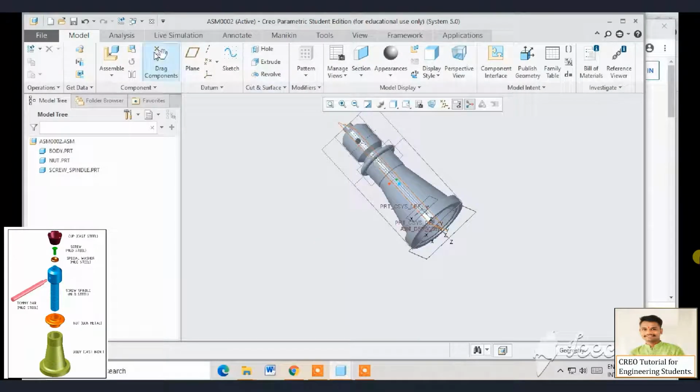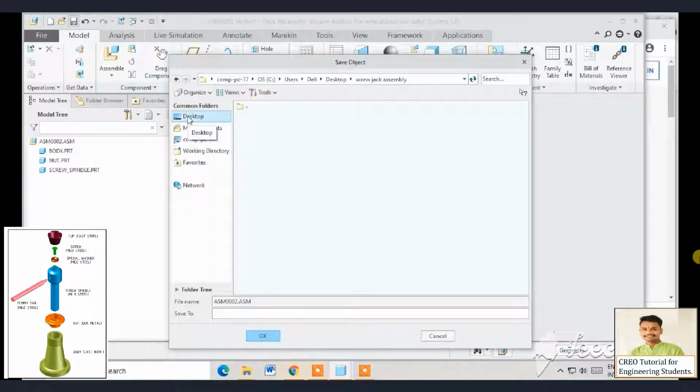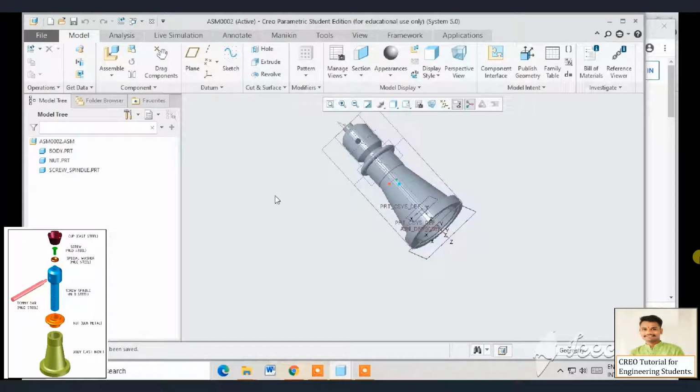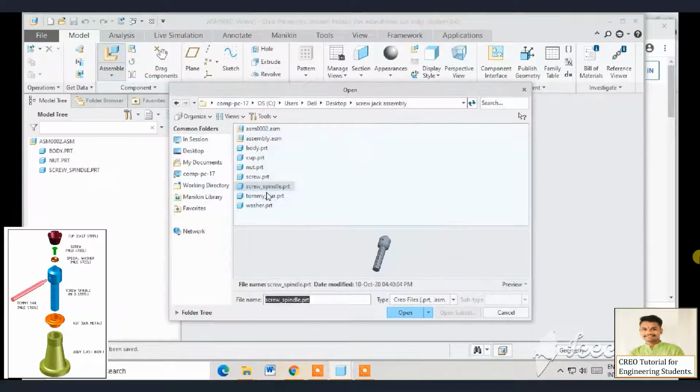Now we are going to insert our fourth part. For this, first of all I am going to save this and go to assemble and select our fourth part, that is the cup. Open it.